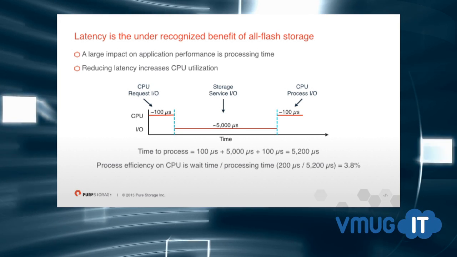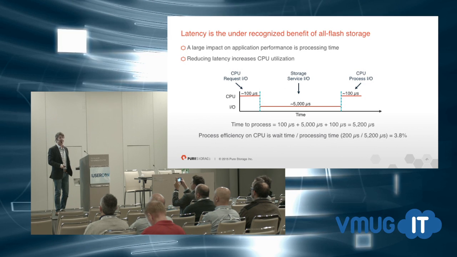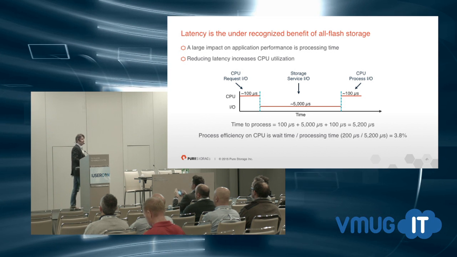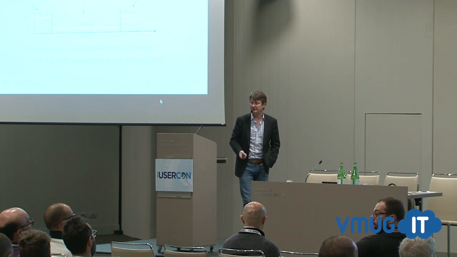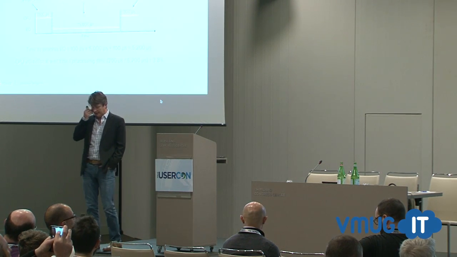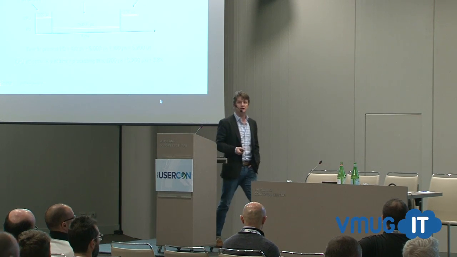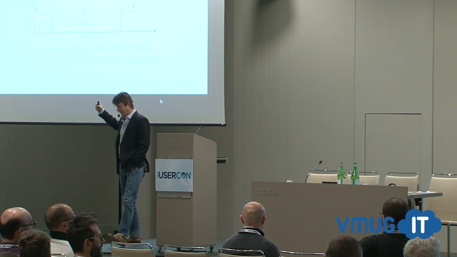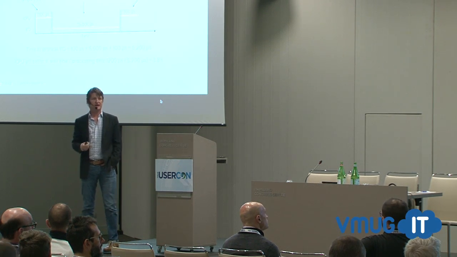The reality in flash storage is latency. The reduction of latency is the unexpected and really underappreciated benefit of all flash storage. Consistent sub-millisecond latency. I tried to create some slides. I did these last night after the VMUG dinner, so you guys are my guinea pigs as I try to express this understanding. I made a chart here, and it's pretty basic. It's basically showing you how CPUs are affected by disk latency, or I/O latency. Let's not just say disk, I/O latency.